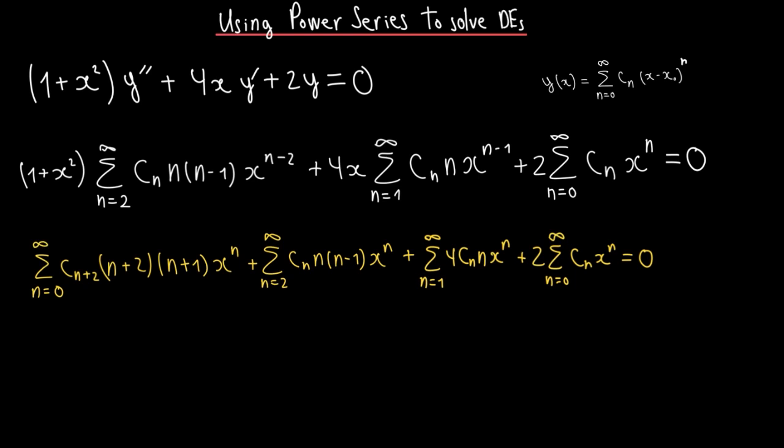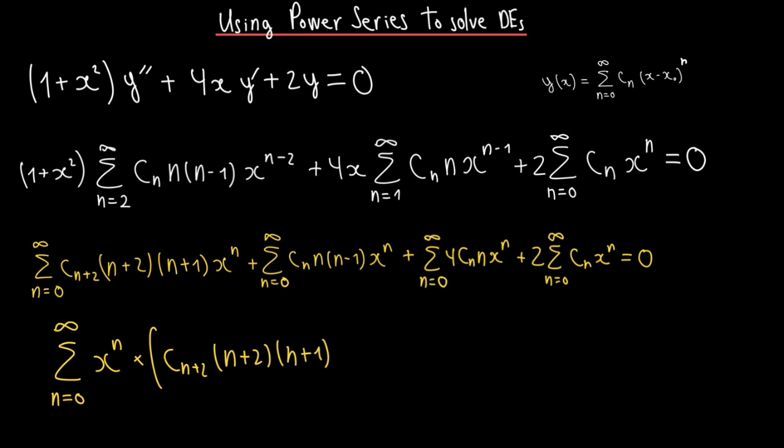And similarly for here, if n starts from 0, we would have n, so 0, times x to the power of n, and so the first term is also 0. And therefore, we change the index to 0 for each summation. Now we can regroup our four sums into one bigger sum, where the common factor is x to the power of n. And so we have a big sum starting from n equal to 0 all the way to infinity of x to the power of n times